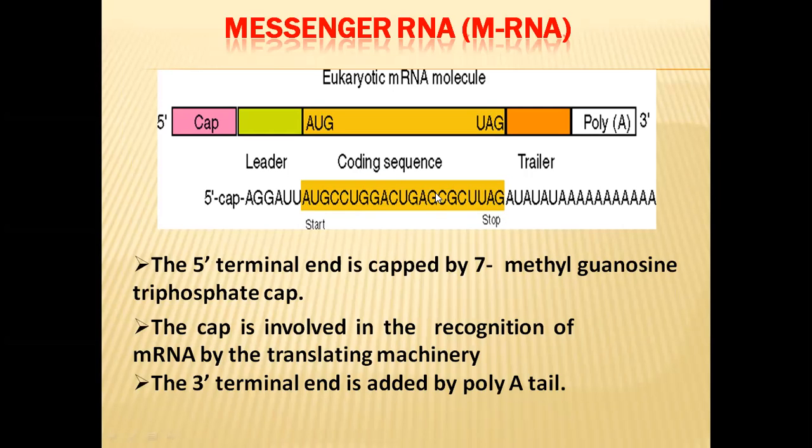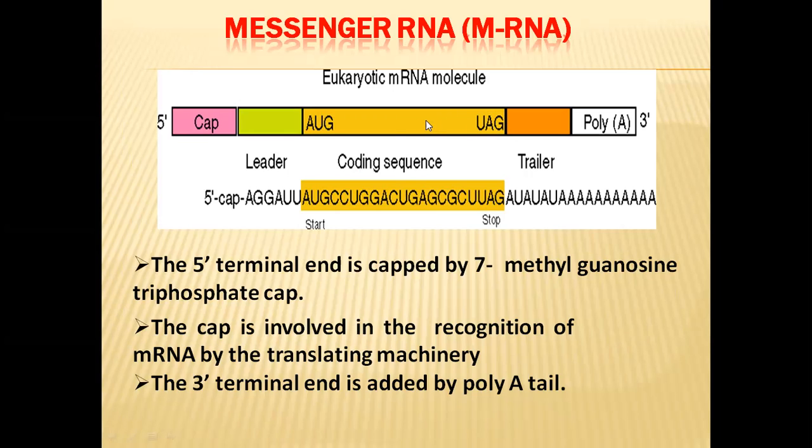Each mRNA will have some portion that is a coding sequence. Here in this diagram, we can see this yellow colored part begins with the AUG code, and the ending has the UAG code. UAG is the ending codon or nonsense codon. AUG is the initiation codon. So the region which starts from the initiation codon and ends with any one of the 3 nonsense codons is